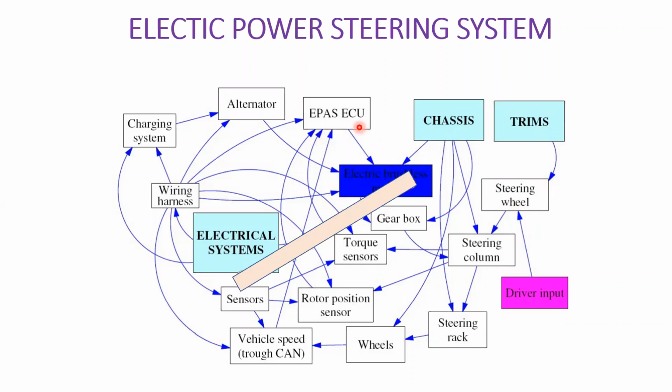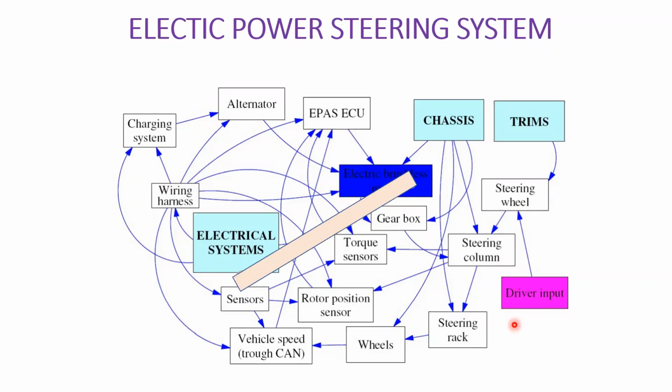And similarly, you have the engine electronic control unit, which is an input to the brushless motor. We have the alternator also giving an input. I can say it is either an input or an output, or an interaction, or it is basically in contact. In contact in the sense interaction basically.